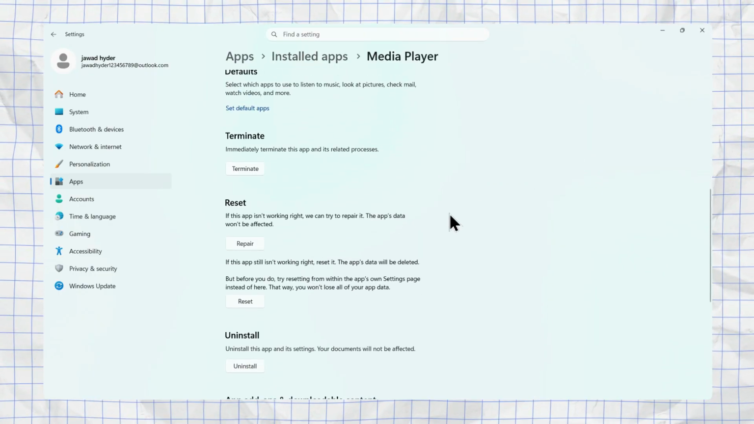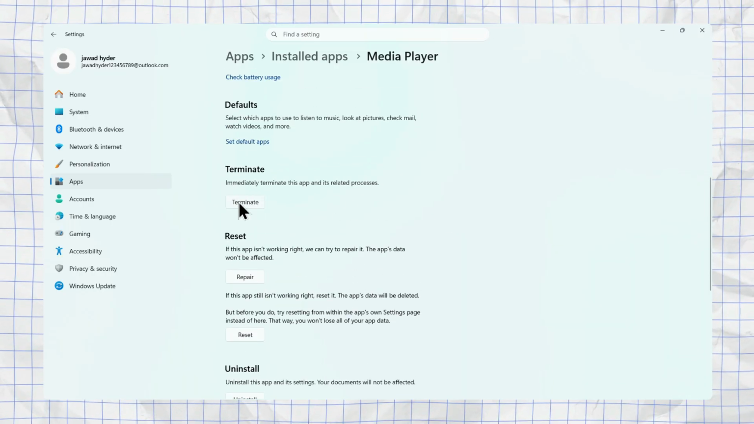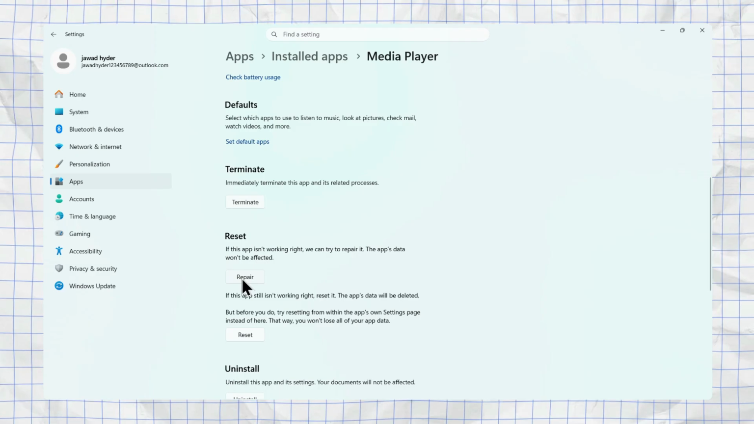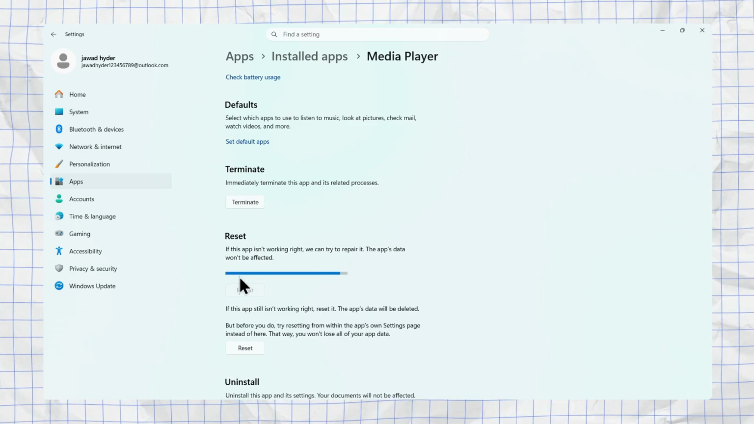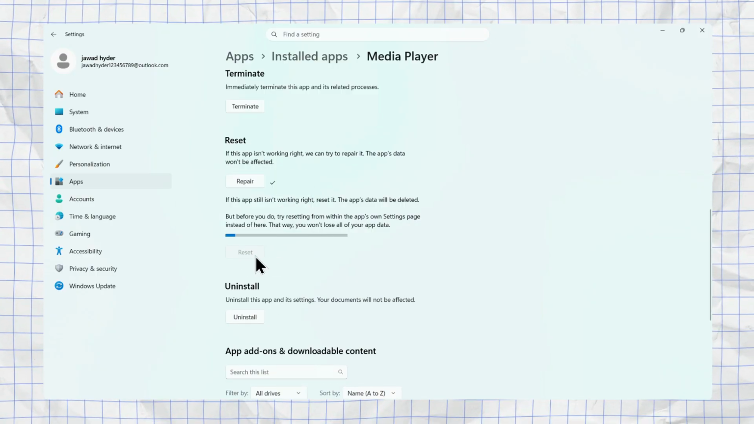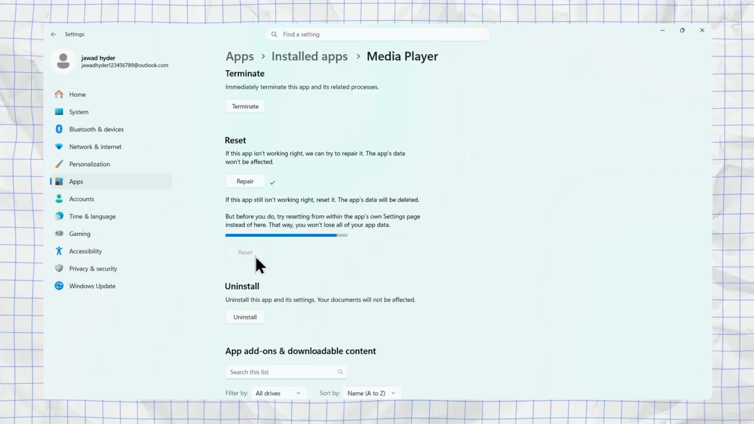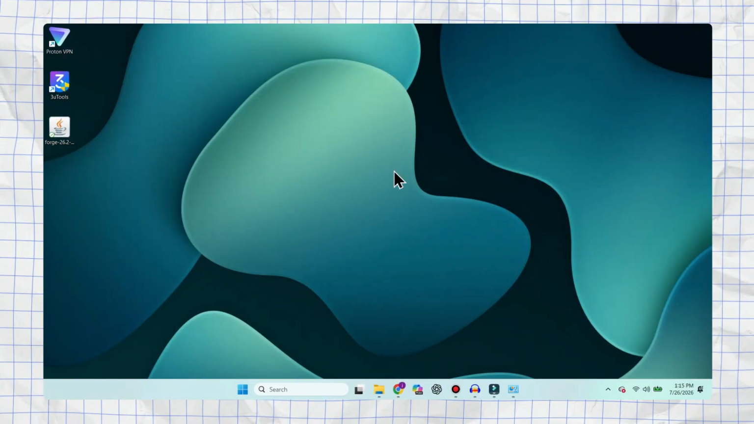Scroll down to the Terminate section and click Terminate to completely close the app. Then continue to the Reset section. First, click Repair and wait while Windows repairs the application. After that, click Reset, then confirm by selecting Reset again. Once the reset process is complete, close the Settings window and launch Windows Media Player to see if the issue